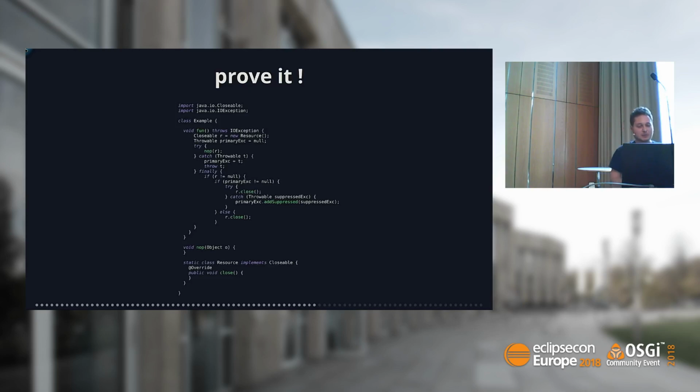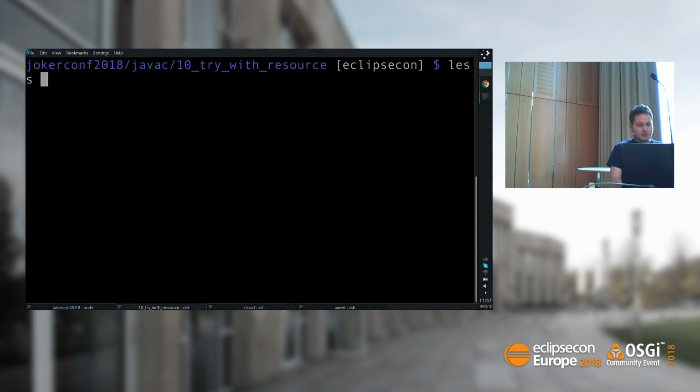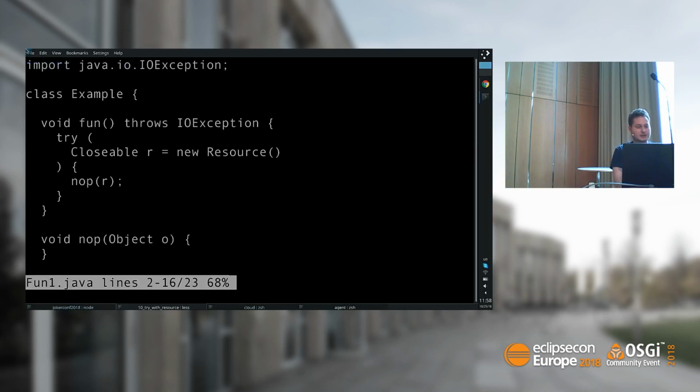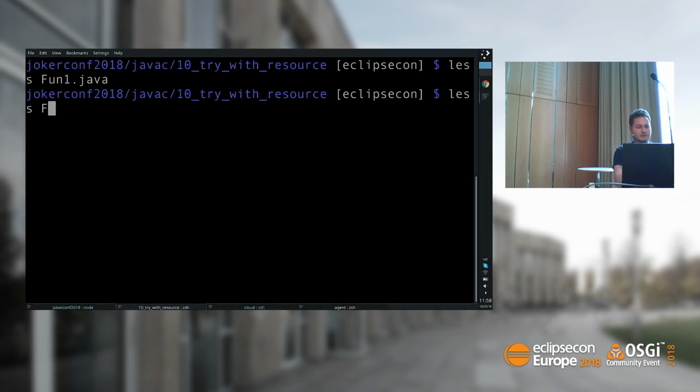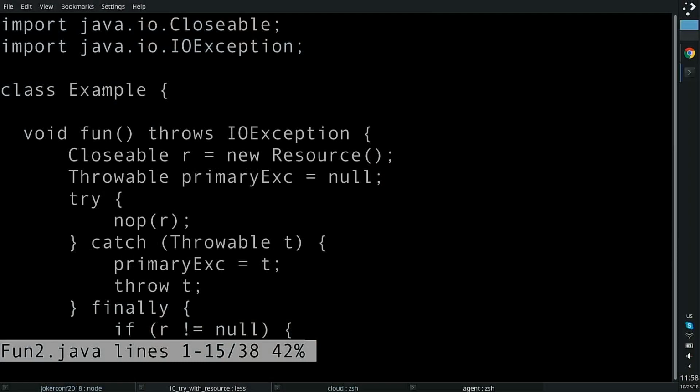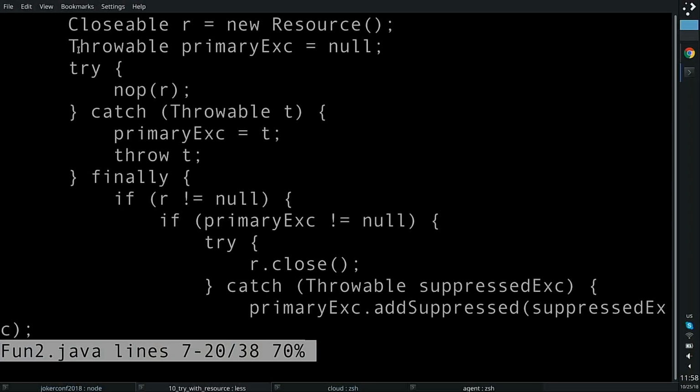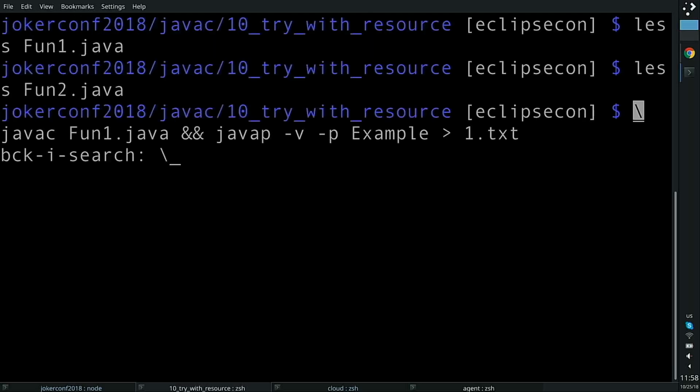Basically, what will happen if we take this source code, will it be exactly the bytecode as for try with resources? Like this. Try with resources, class Example, but it uses try with resources. And we have another source file. It's also a class Example, but it uses the following code that we've just seen that is copied from the Java language specification. If we compile the first one and decompile it and save the result of decompilation into file 1.txt,